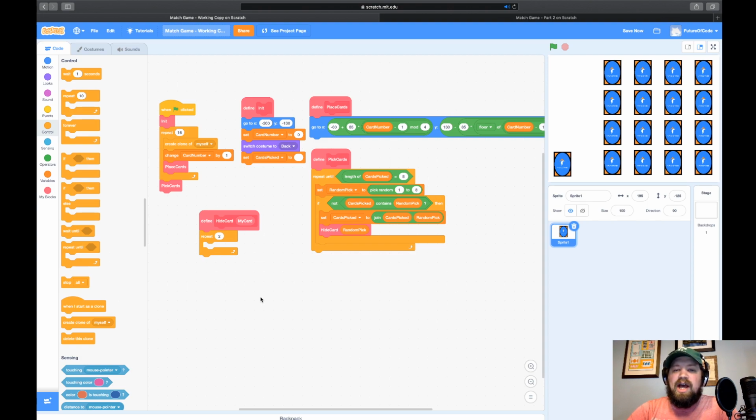Now you're going to notice that hiding the card is not going to be much different than picking the random cards. The reason being is, like I said, this is kind of a stacked way of doing random that really messes with the user and makes sure that it is as random as it can be.